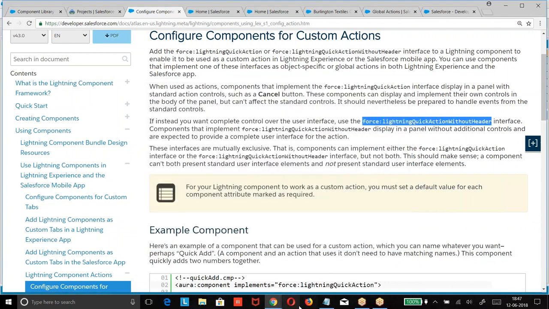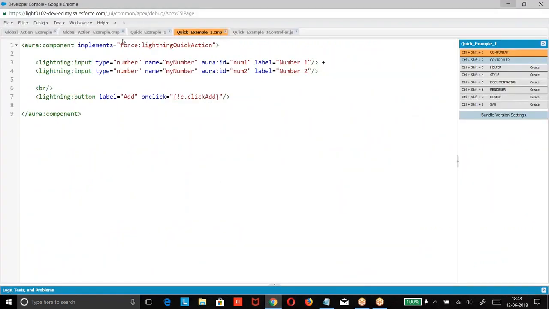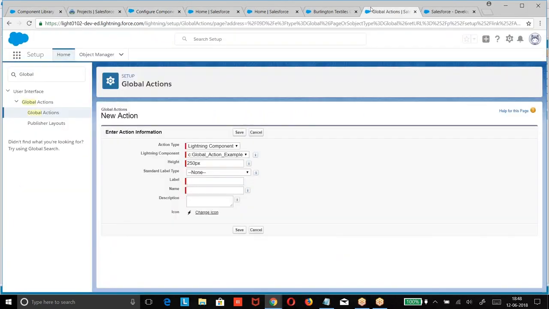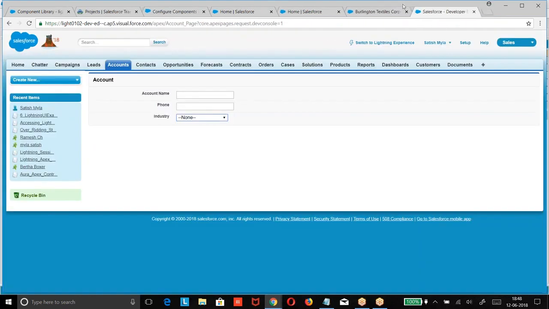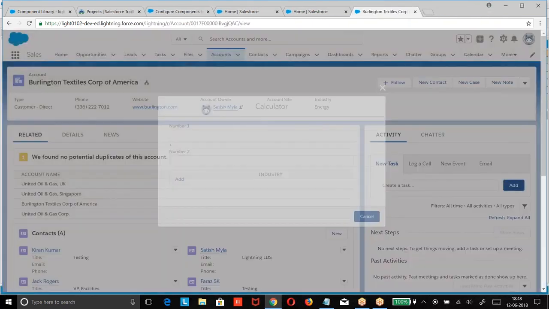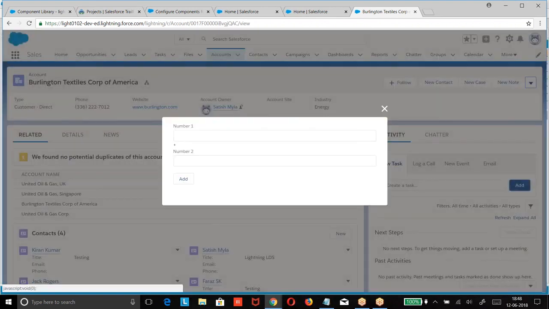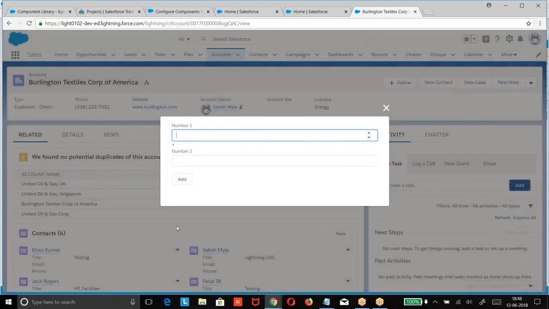Go to your component. So what happened now? We got the message without header.